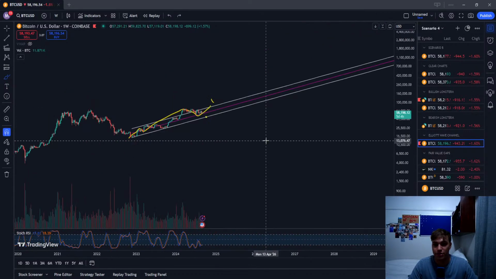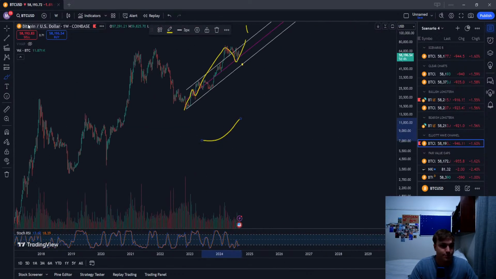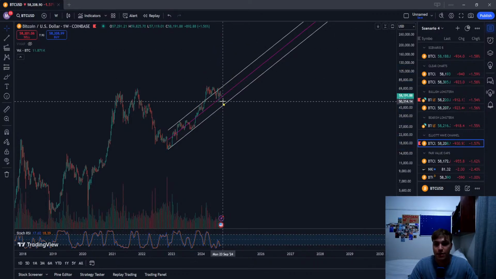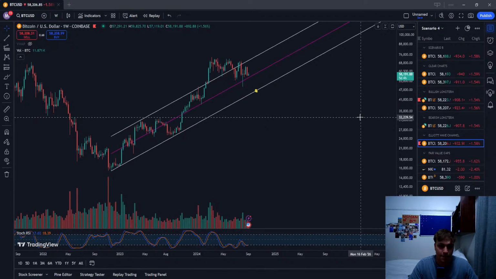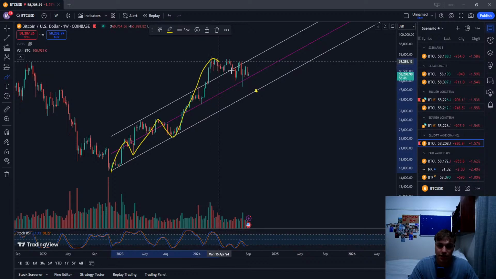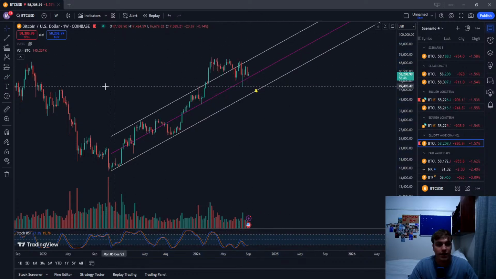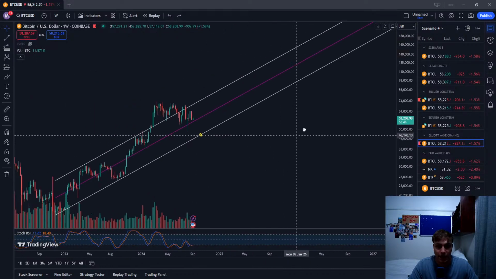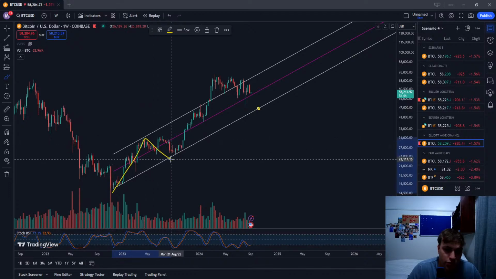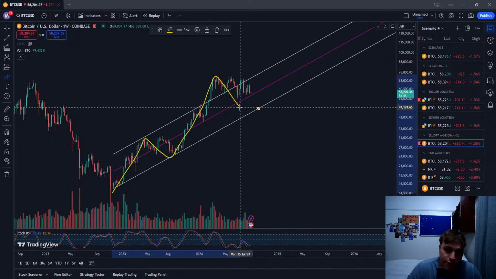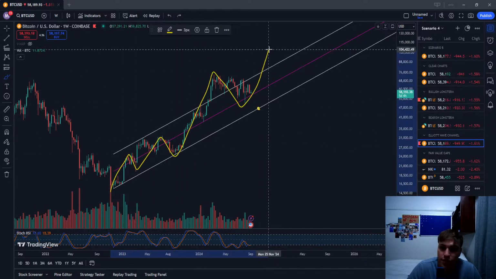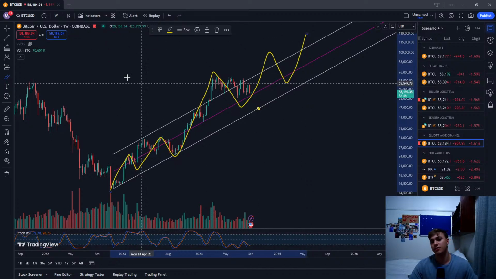I see us going a bit further. If I look at how the structure is viewed from the bear market lows, we're looking at a 1, 2, 1, 2, 3, 4, 5, 4, 5, and that would take us to the $120,000 region. This could also be a 1, 2, 1, 2, 3, 4, 5, 4, 5, around there, something like that.